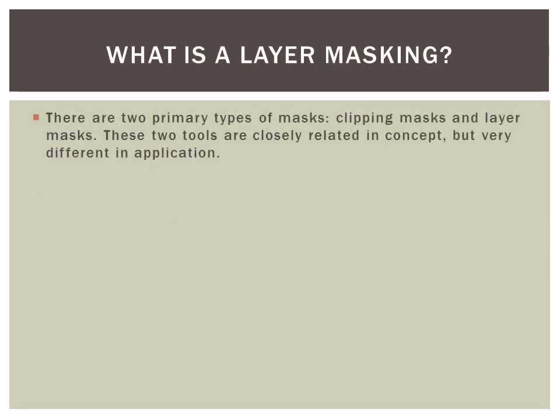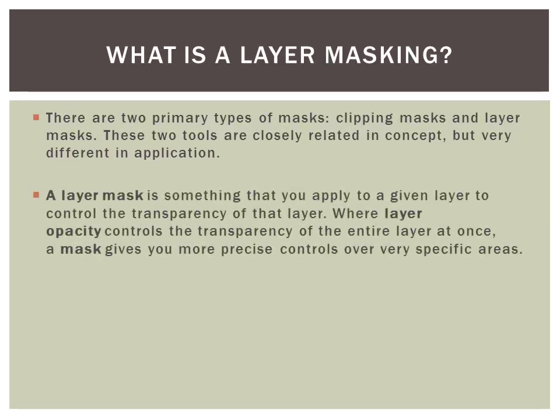There are two primary types of masks: clipping masks and layer masks. These two tools are closely related in concept, but very different in application. A layer mask is something that you apply to a given layer to control the transparency of that layer, whereas layer opacity controls the transparency of the entire layer at once. A mask gives you more precise control over very specific areas,